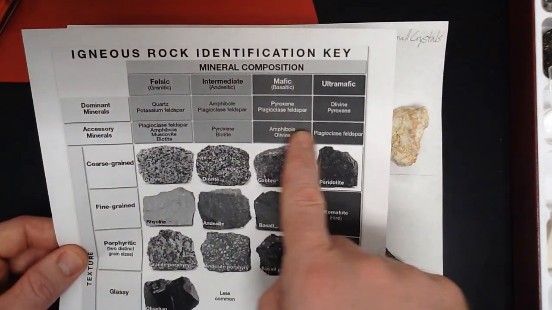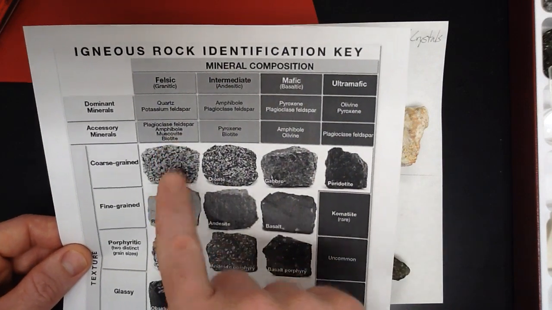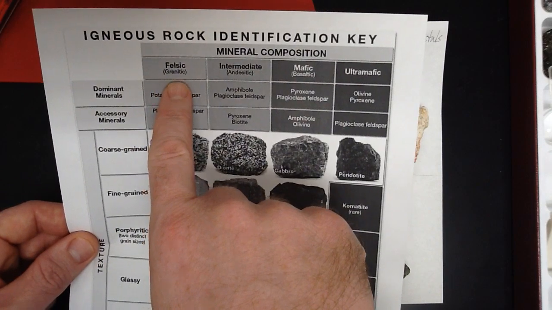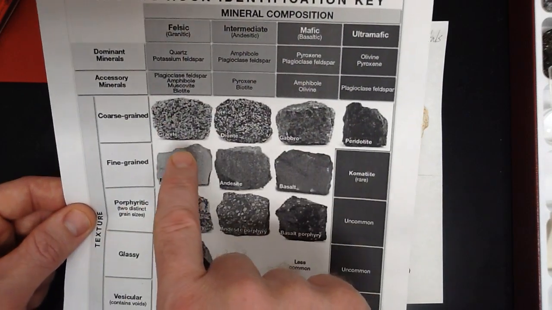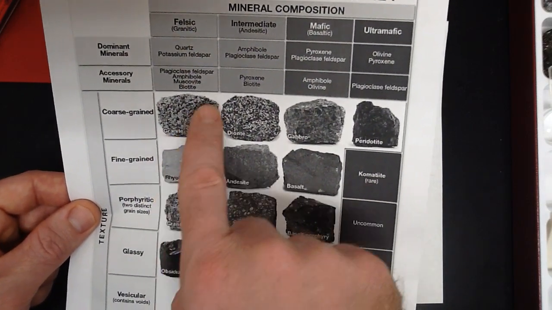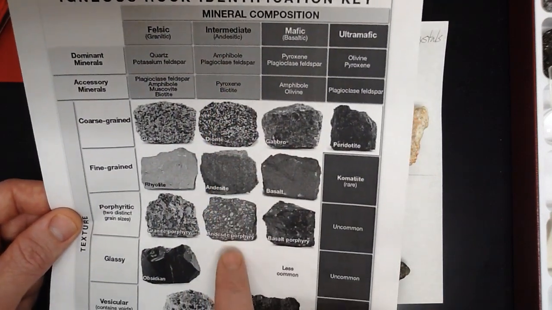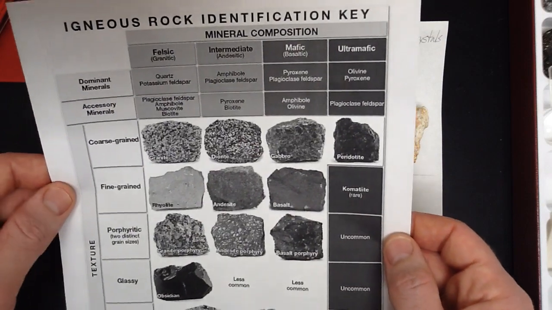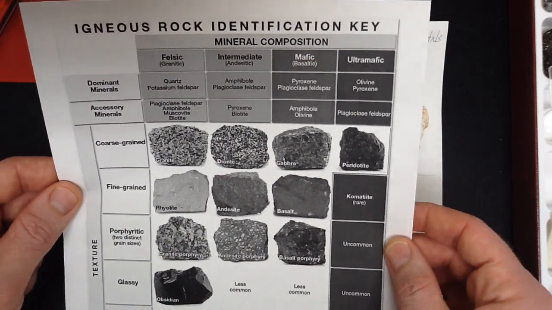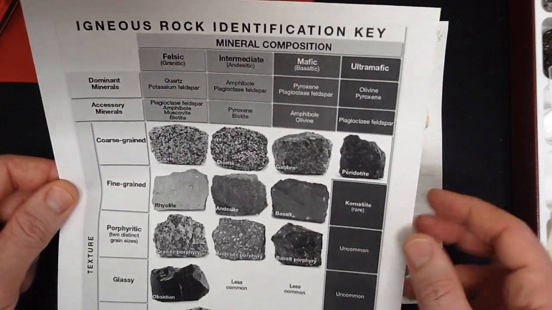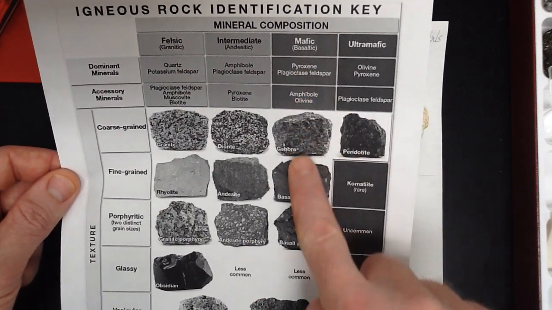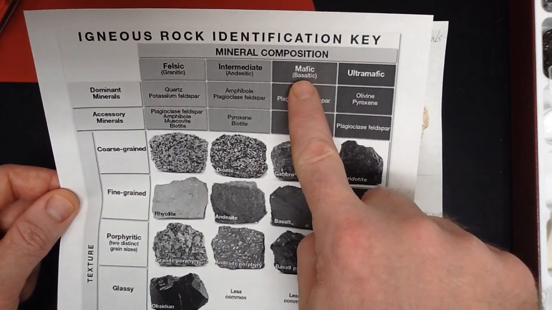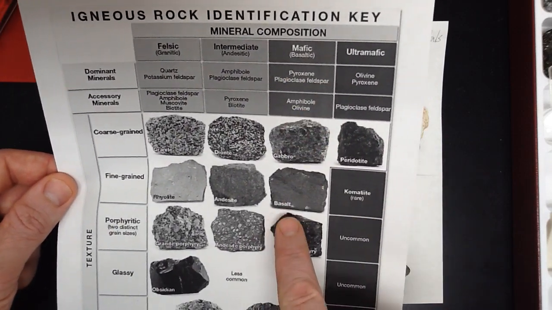The other way that you identify these is by mineral composition or color, in a way. And so your first column is going to be felsic. These are going to be your granitic rocks, and you can see granite right here is one of your choices. The middle one is going to be intermediate. I have 1 or 2 intermediate rocks, but we don't have a lot, and they're not going to be a part of this lab, so I'm not going to talk a lot about them today. We did talk about them in the lecture. And then the last one is going to be mafic. These are going to be generally your dark minerals. And the other name for mafic is going to be basaltic, and you can see basalt is one of the